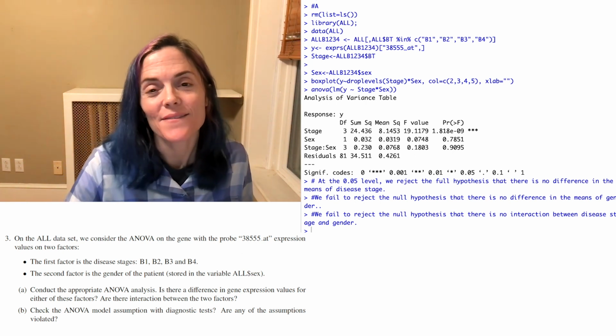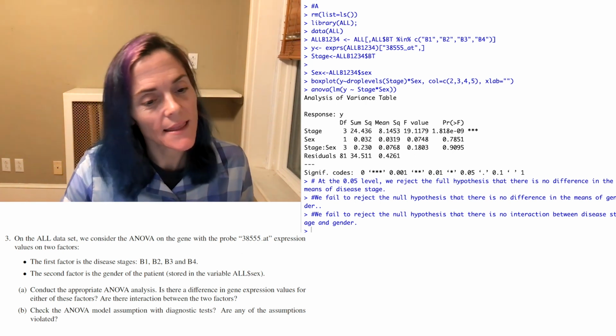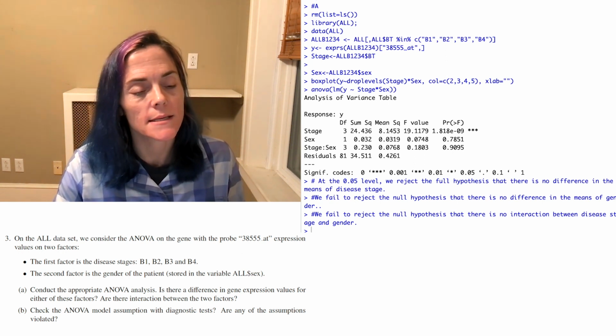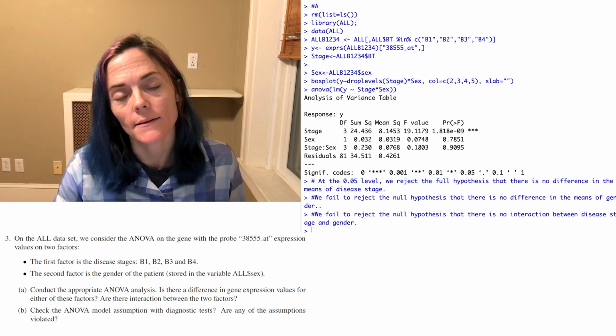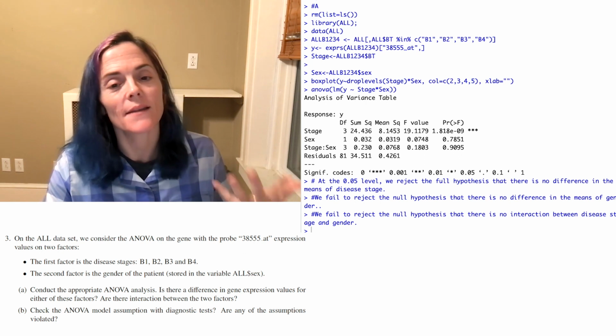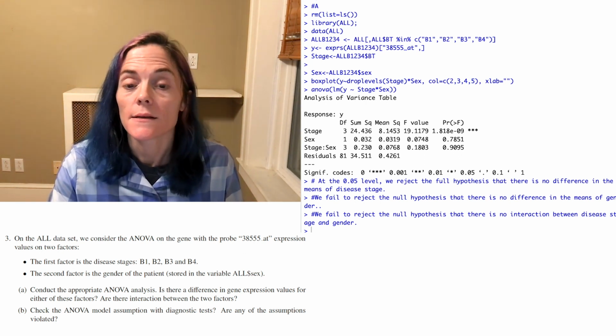Last part of the last question, check the ANOVA model assumptions with diagnostic tests. Are any of the assumptions violated? Well, in number 1, we were in great shape. None of the assumptions were violated. So